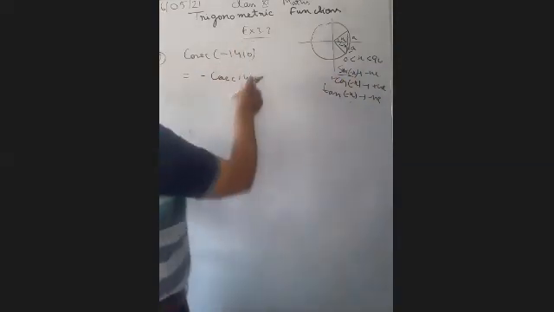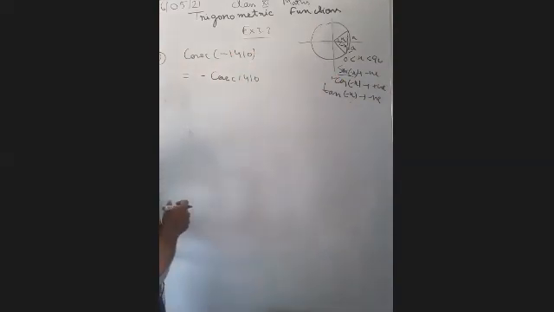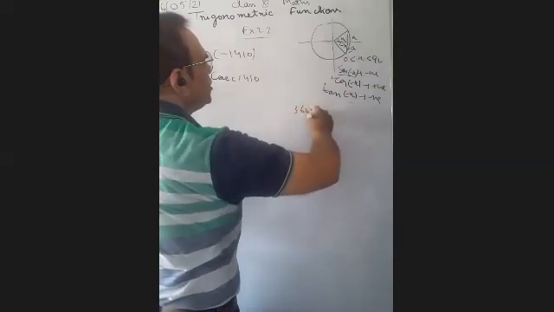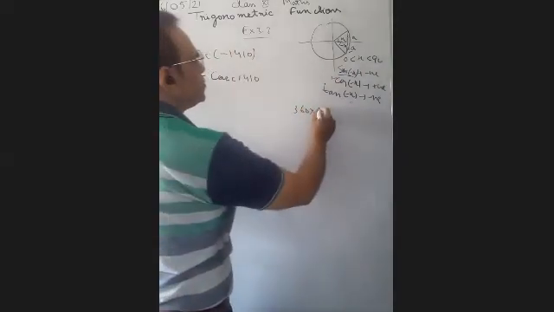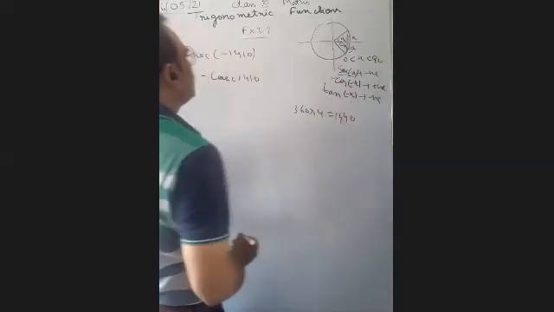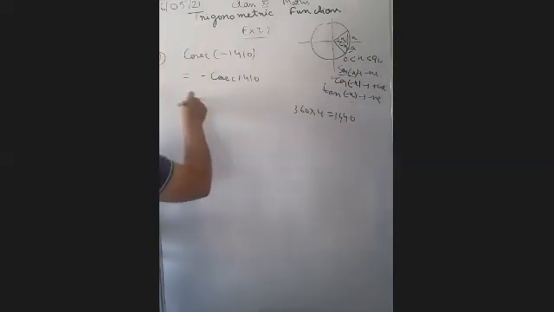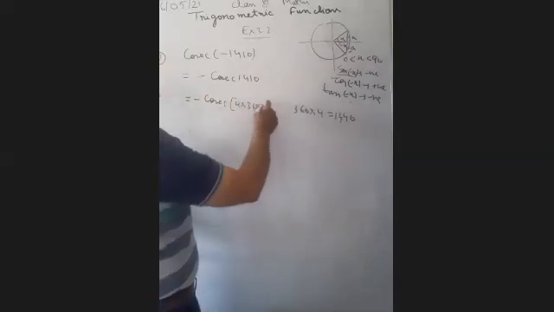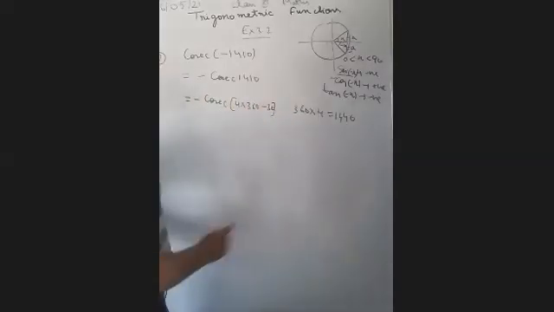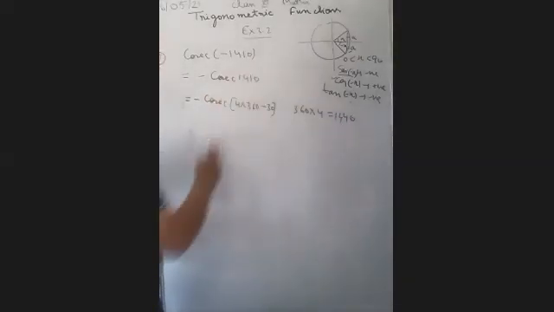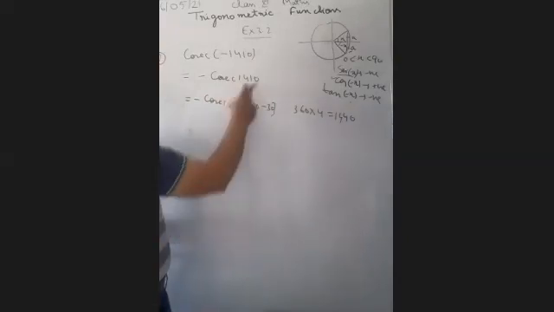ठीक है, so we are not dividing numerically. So we can write the multiple of 360 into 4 times. What will be the value? 1440. ठीक है, so you can write here minus cosec of 4 into 360 minus 30. Why we have taken minus 30? Because the multiple of 4 times will be 1440, but it is 1410. If we subtract 30, we will get 1410.